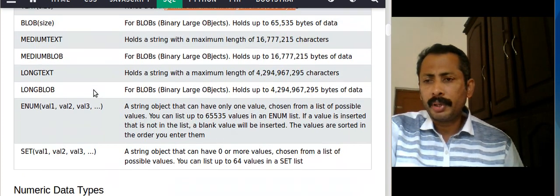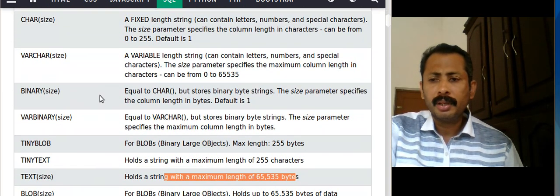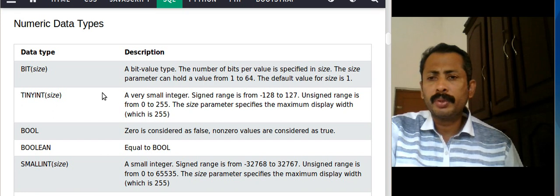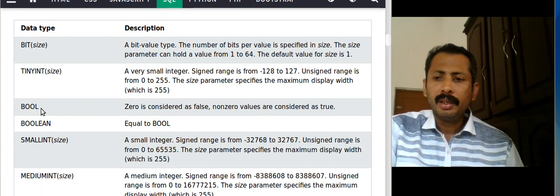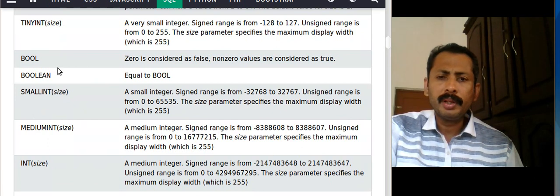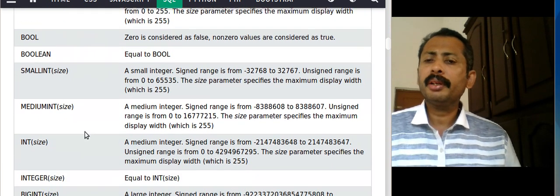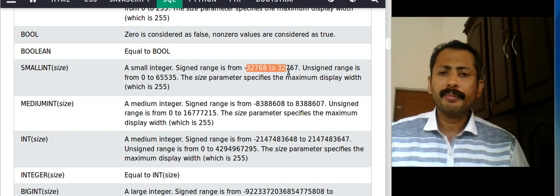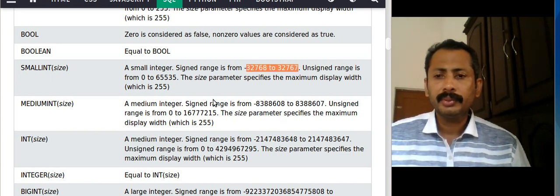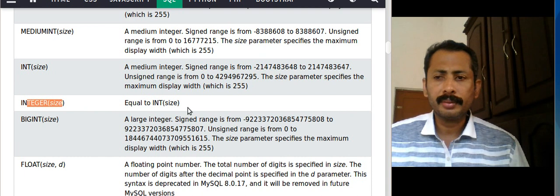All these are string types, and about numeric types we can use BIT, TINYINT, very small integer. Then we can use BOOLEAN, it is equal to boolean, 1 or 0. Then MEDIUMINT, a medium integer, SMALLINT, the range is given here. Then INTEGER, normally we use integer.